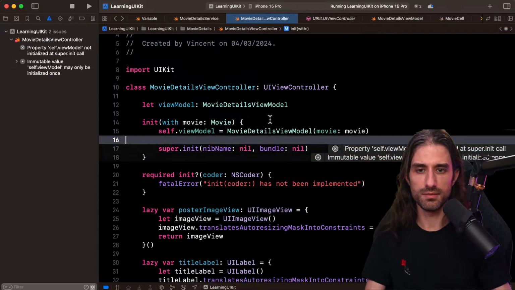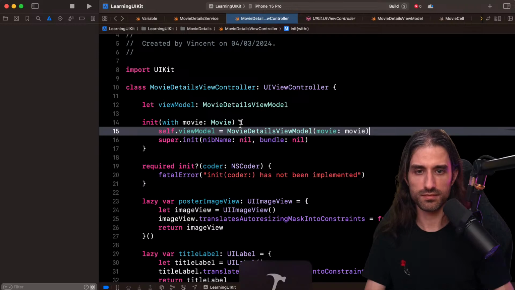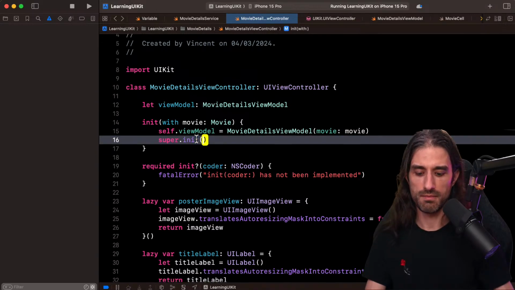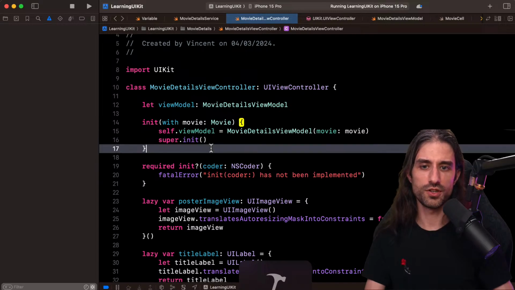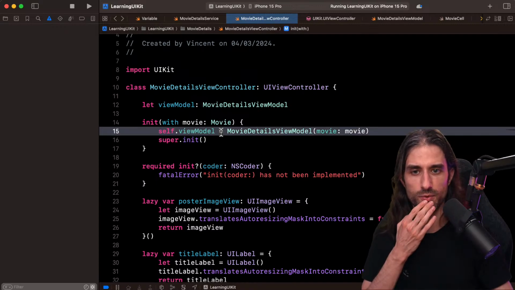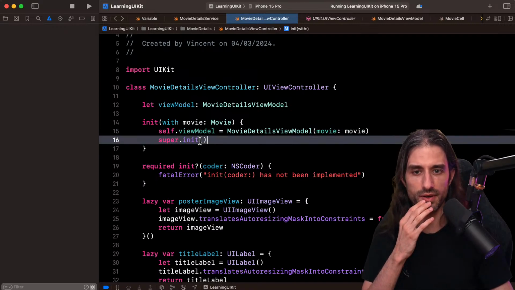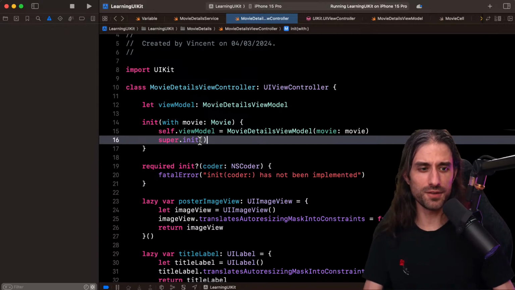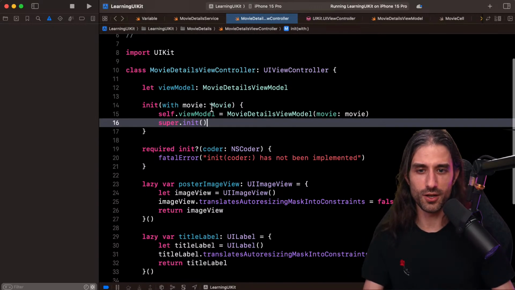Okay, I need to do it before. Or maybe just that, yes, I guess you're supposed to. I think it was just that: you're supposed to init all of the properties before you call super.init. That was my mistake, I guess. We'll see if I was right or if I've forgotten something. That's the fun part of going off script. You never know. You're always gonna have these kinds of small hiccups.